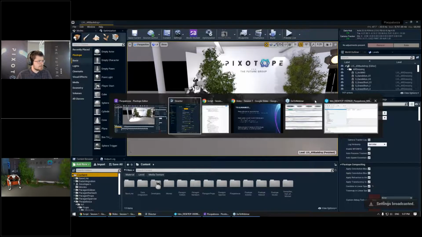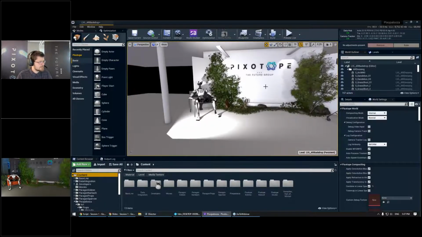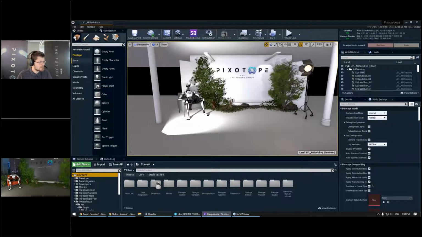Now, the last few menus we have to look at is going to be over here on the left. We have the modes tab, which is something that most Unreal artists are very familiar with. For those of you that are yet to do a deep dive into Unreal, the modes window is where you'll find all the basic actors, as well as some of the not so basic actors within Unreal that do everything related to basic whiteboxing of your levels, setting all kinds of lighting effects or straight up